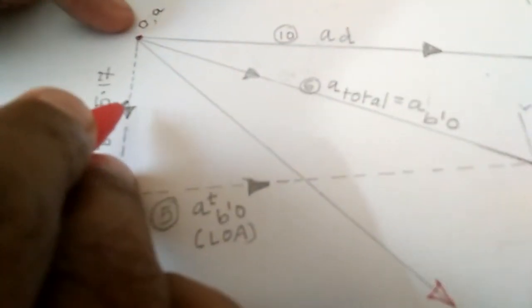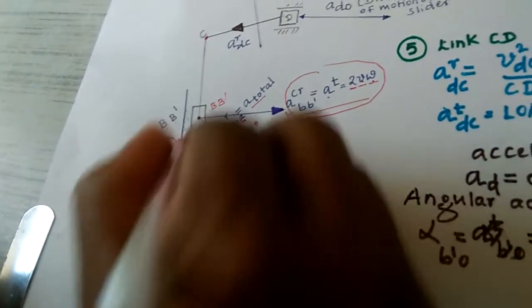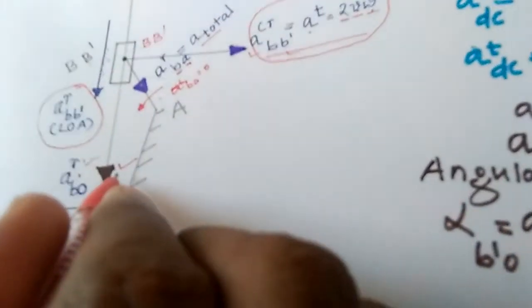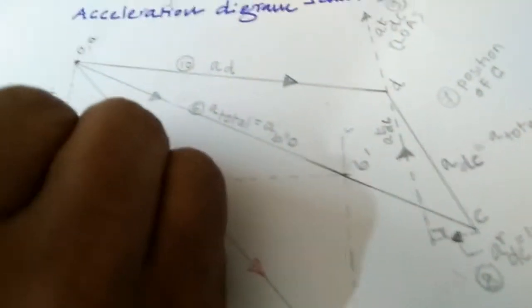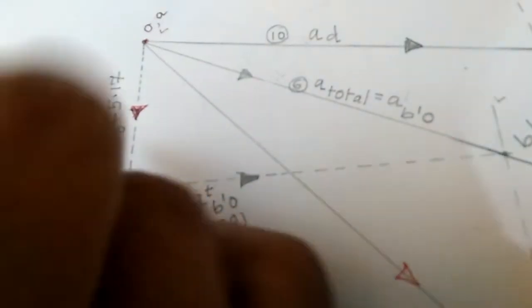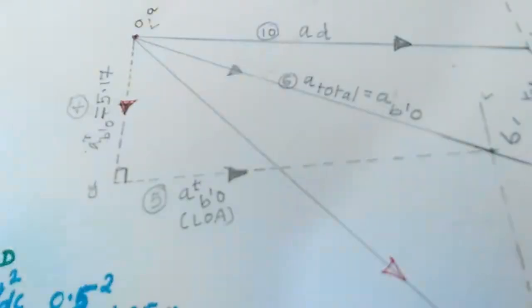Then you come to this one, B dash O. O is already known here. You draw that one, radial. Look at the figure, look at the space diagram. This is the radial B dash O. With respect to this, it is the downward direction. In the acceleration diagram, it is with respect to the fixed point, so I have taken it as a downward direction. You measure the scale. The radial B dash O you take as 5.1, which you got from the calculation.